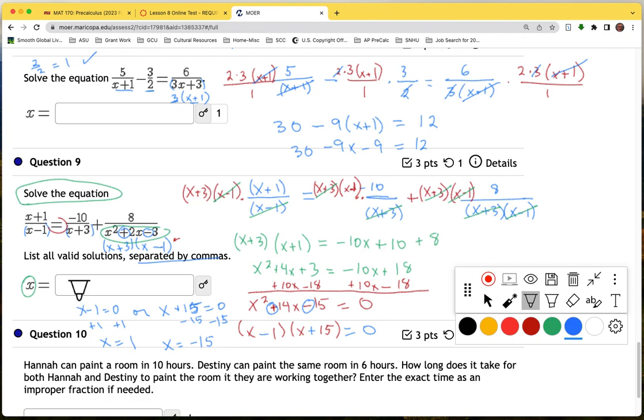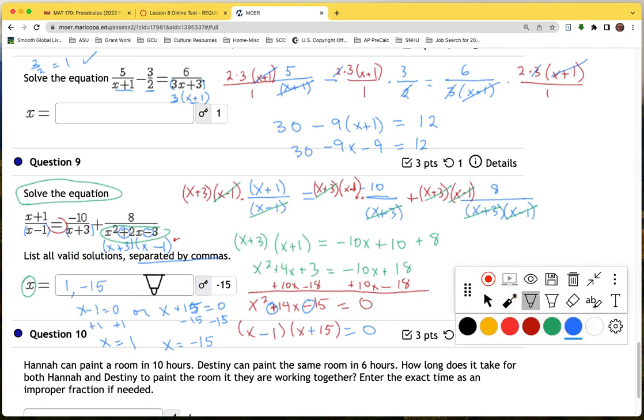So we would just put in 1, comma, negative 15, or the other way around. And I think we're good. Oh, they only get negative 15. Well, valid solution. Oh,